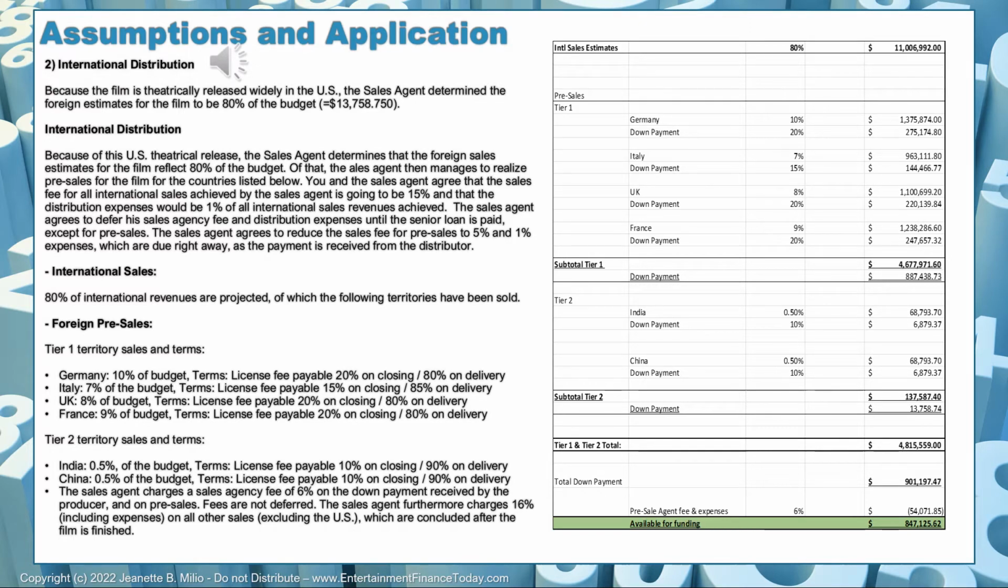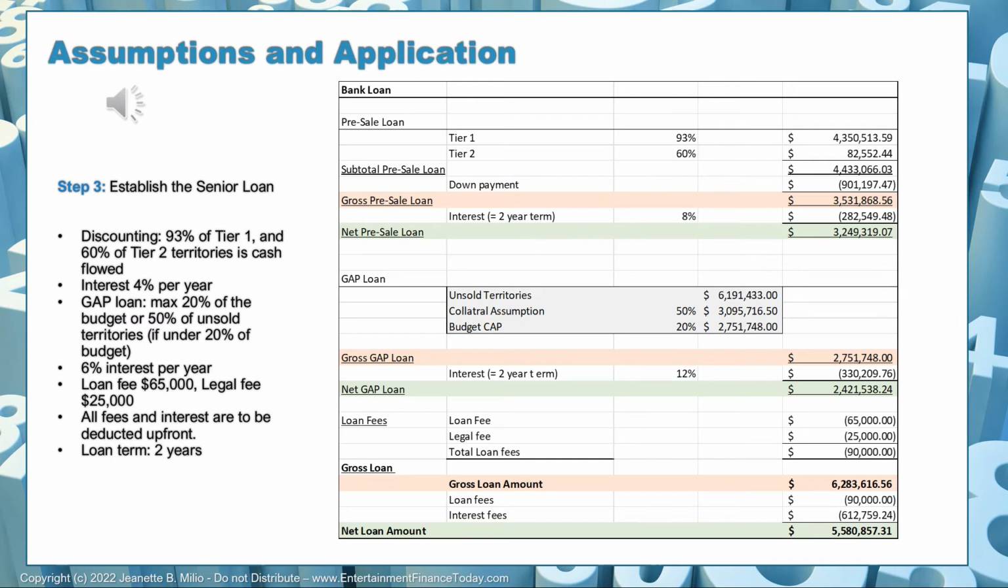6% of 901,197.47 is 54,071.85. So what we have available for funding at this moment to cover a portion of our budget is going to be 847,125.62. The pre-sales we have established, as well as the rights we still have available after selling the pre-sales,